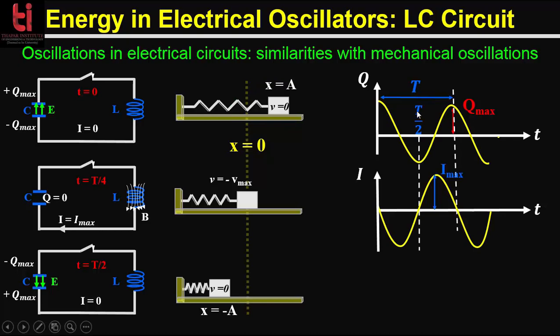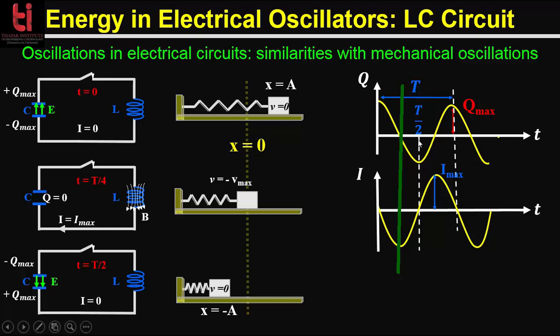So here this graph shows the variation of the charge and the current with time. You can see here that at t is equal to 0, the charge on the capacitor has its maximum value, that is Q is equal to Q max. So no current is flowing in the circuit, so I is equal to 0 at this point. After a quarter of the cycle, that is here, voltage across the capacitor falls to 0 as the charge is used up by the current flow. So maximum current at this point.